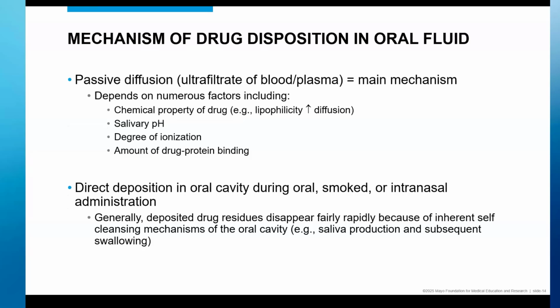So we're going to be talking about oral fluid testing today. And why can it work for controlled substance monitoring? Well, first of all, you have to understand that the reason it works is because the drugs that a patient is taking can actually get into our oral fluid. There are two primary mechanisms that occur. One is passive diffusion. Oral fluid is really considered an ultrafiltrate of our plasma, and that is the main mechanism by which drugs cross into the oral fluid.